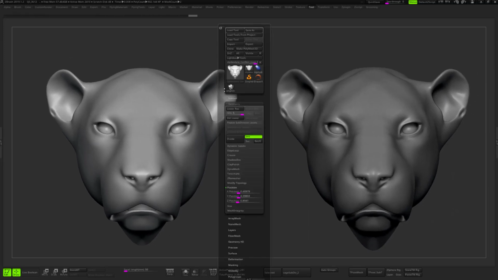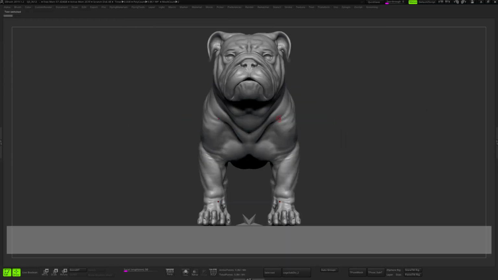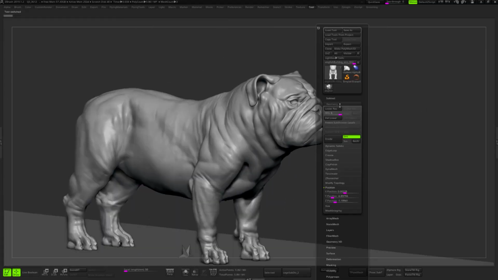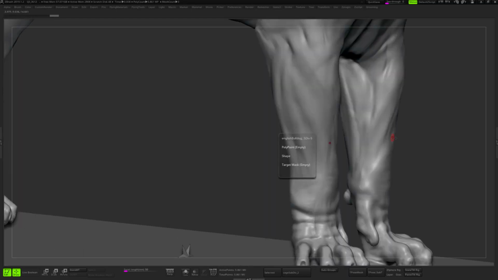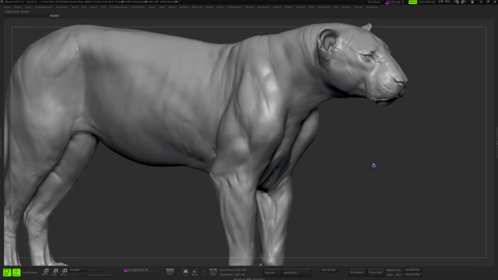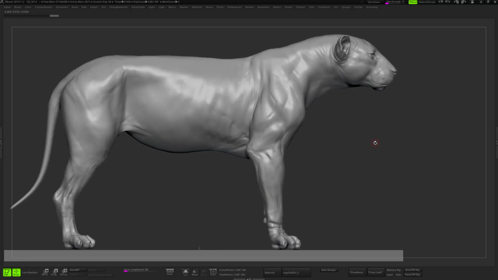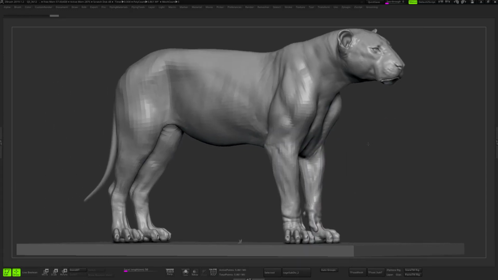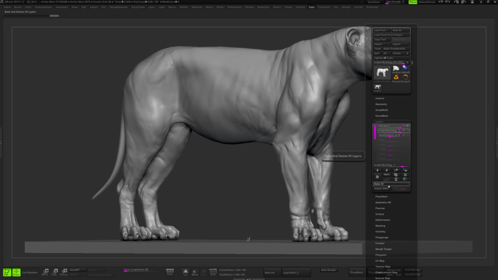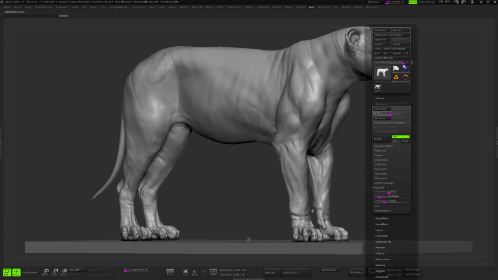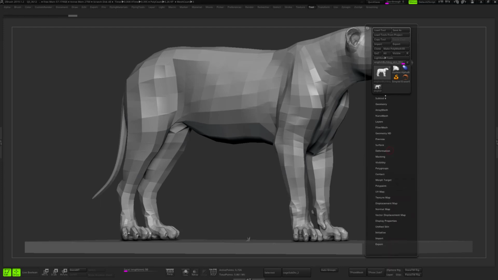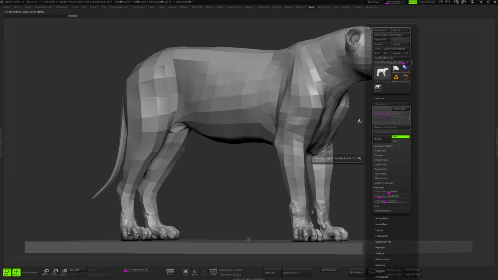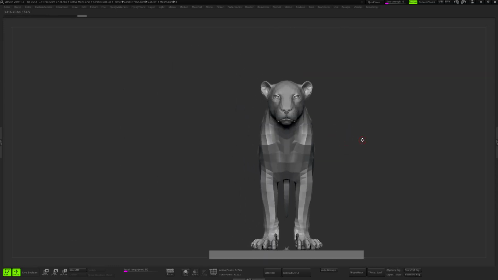So the workflow is pretty easy, and for that I'll be using my universal topology for animals. I will just use it with another mesh. Maybe we'll use the lion instead of the English bulldog. I think the lion could be a good example for showing this workflow. Let's bake all the layers. I'll just use level 1 because I don't need another one to show you what is happening here, and let's delete the other subdivision.